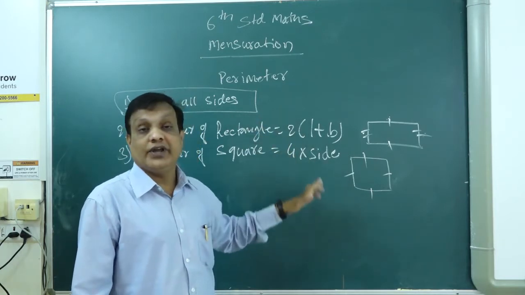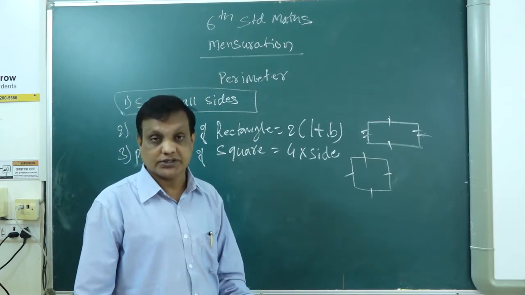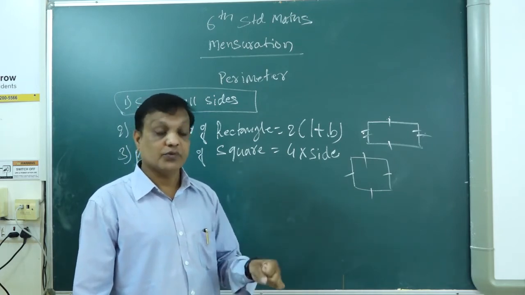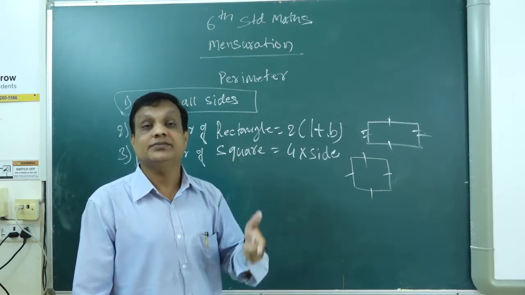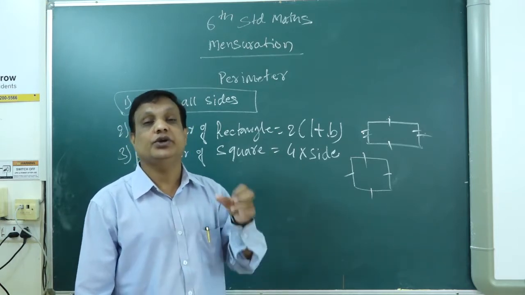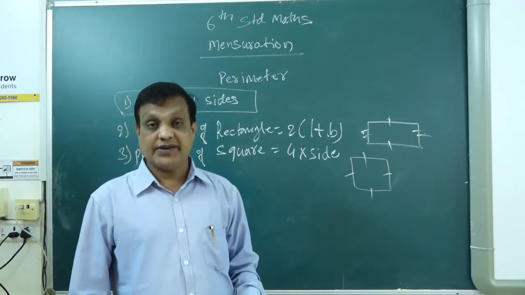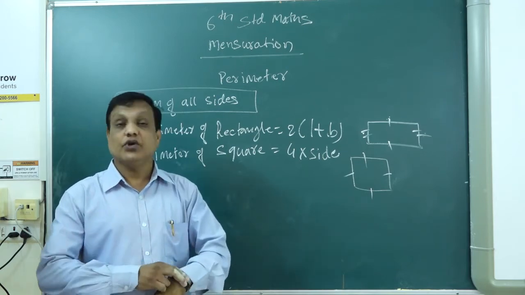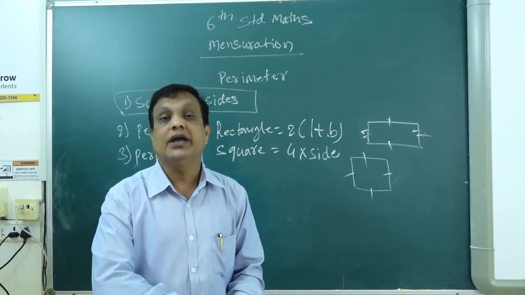Now we will go a little bit ahead. They will give the perimeter to us, and you have to find the side. Please, these formulas are most important. Copy them down in one of your notebooks and learn them by heart. You have to remember the formulas, so it is easy for you to find the perimeter of any figure. Formulas are important, so practice at home.